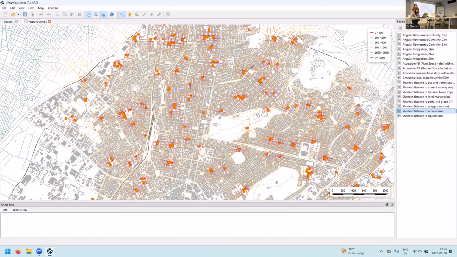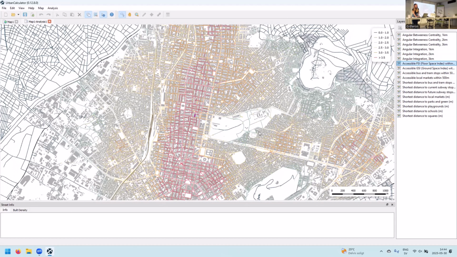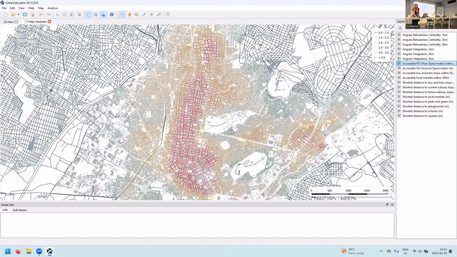Accessible FSI and accessible GSI, you see in red. You can recognize, of course, the highly dense parts of the city. And then again, you have the legend that makes sense for this particular analysis. For a centrality,